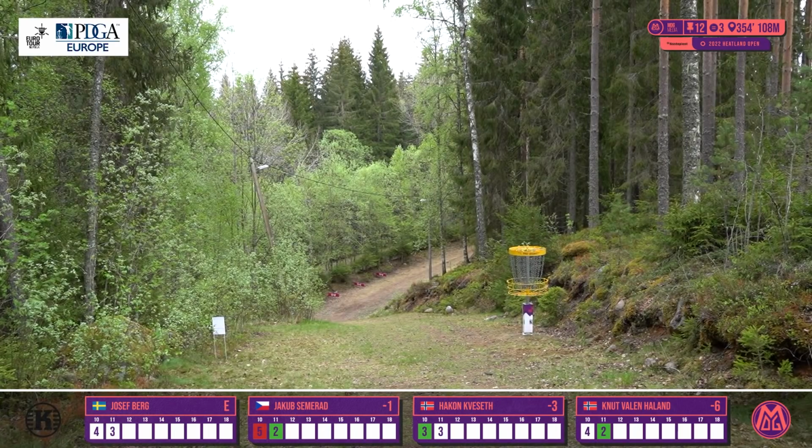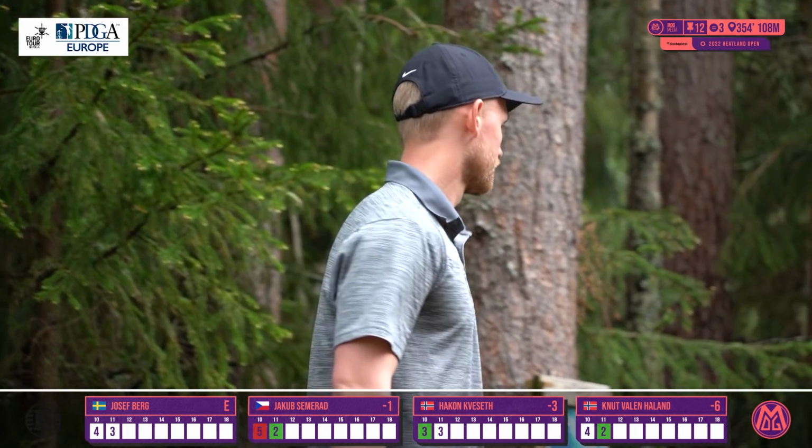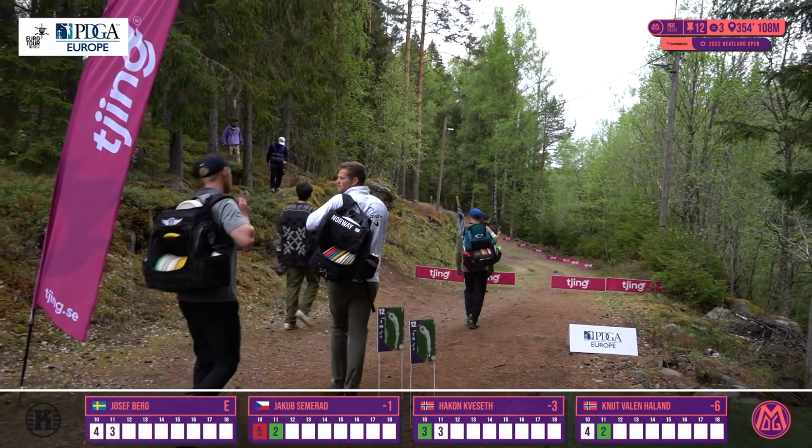Josef, off his win from last weekend, is looking to really get under par for the day. That did not look bad at all. We'll have to see where it landed. He looks kind of satisfied. It's hard to tell with all the bushes, but